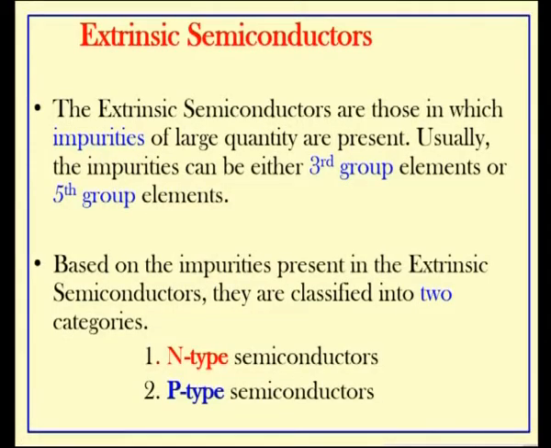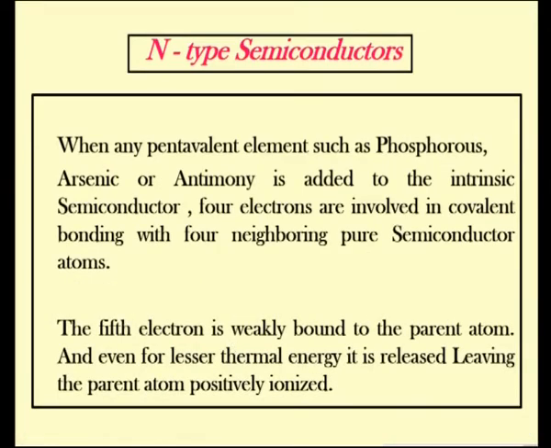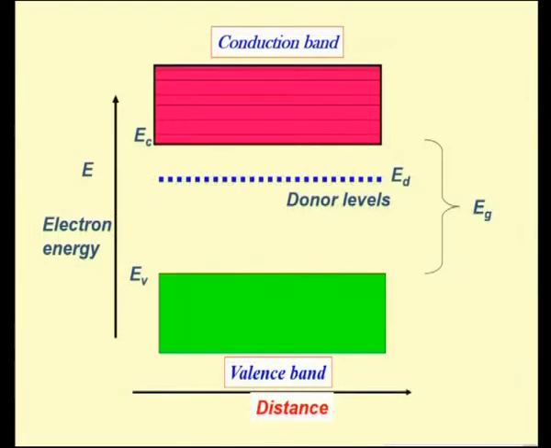Then for extrinsic semiconductors we have two types, p-type and n-type. For n-type, pentavalent atoms are doped in a given semiconductor, and we have excess electrons. For p-type, trivalent atoms are doped to get a lack of an electron, giving rise to p-type, and so on. And in such cases we can work out the Fermi energy,